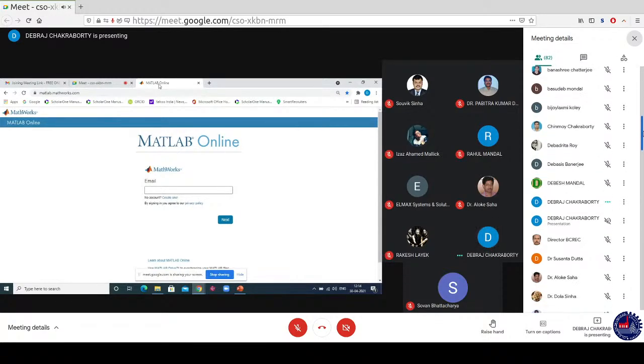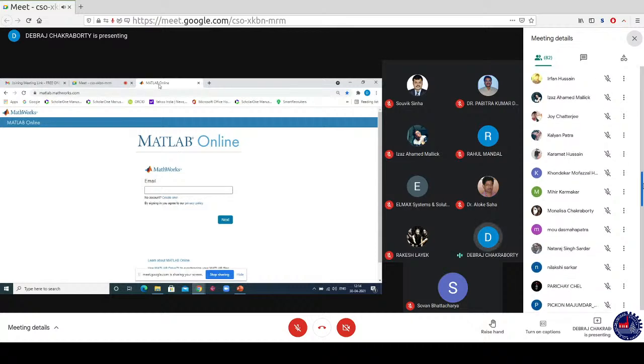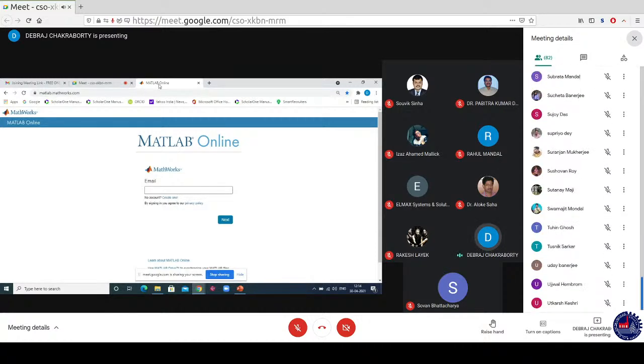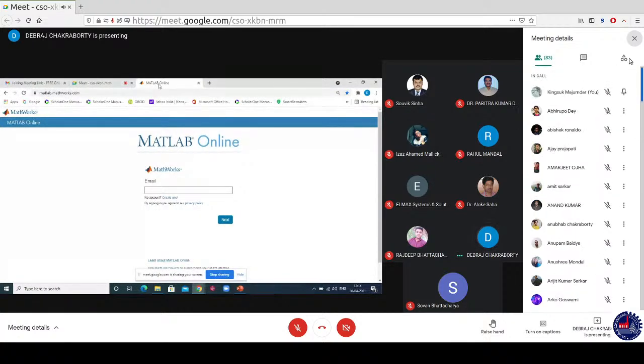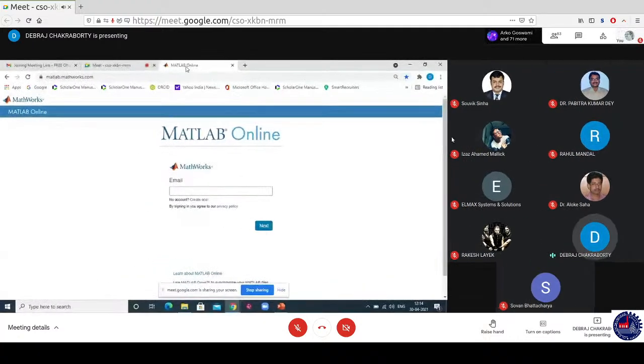password is required. And when we implement this unique user ID as well as the password, we can get 5 GB of space in the cloud, in which we can store the program, we can download the program, and we can re-exercise on the program. So the fact is that now, as you can see here, there is no MATLAB in my desktop, but still I am using MATLAB Online to show some programs, to show some problems in the context of this particular webinar,